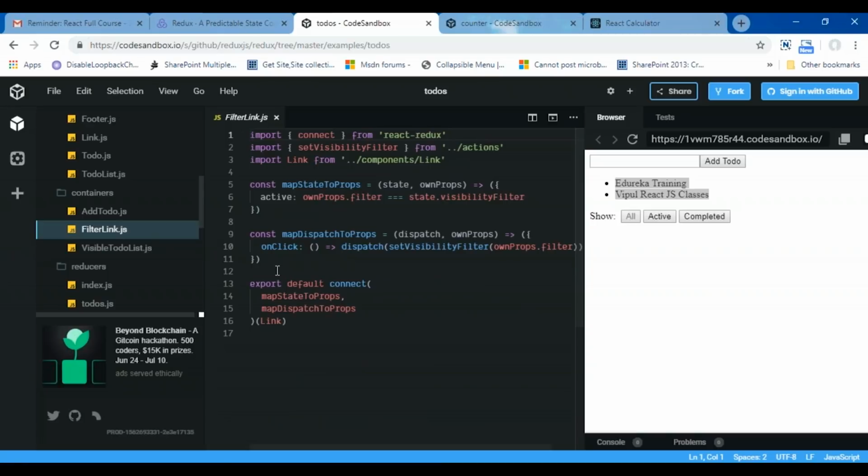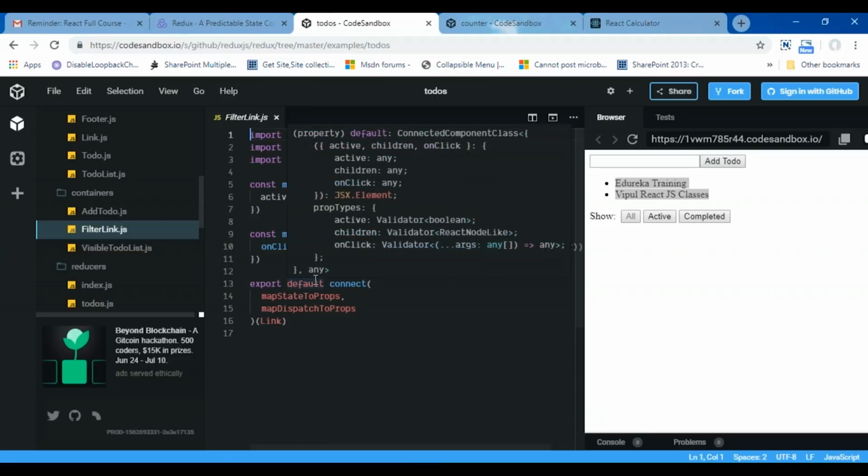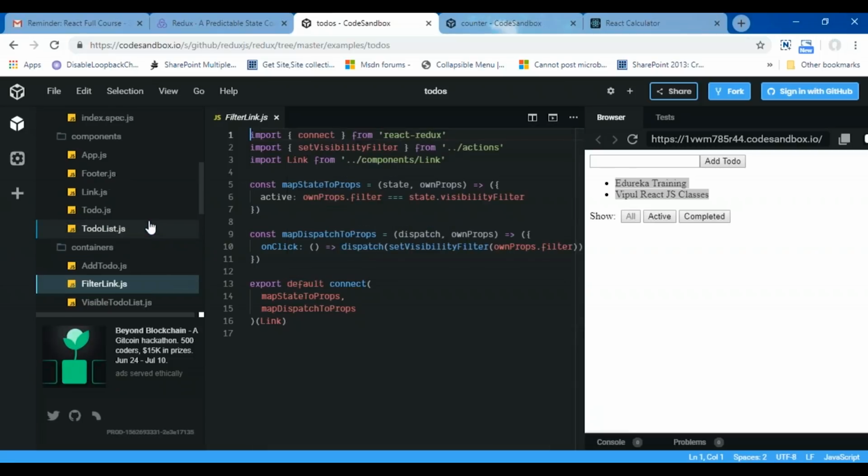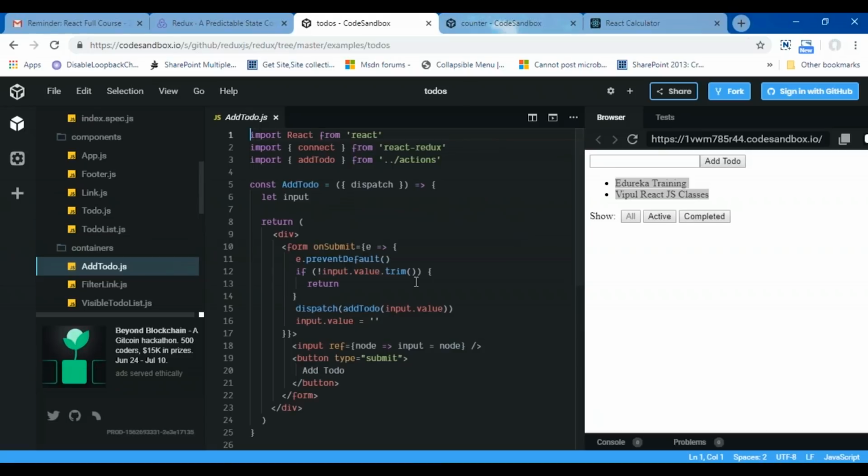So how about designing the other components? We talked about presentational components, and then we talked about container components. Now I will tell you how you can design the other components as well. Here I have the add todo.js container, because sometimes it's very hard to tell if some component should be a presentational component or a container component. For example, sometimes form and functions are really coupled together, such as in the case of this particular small example.